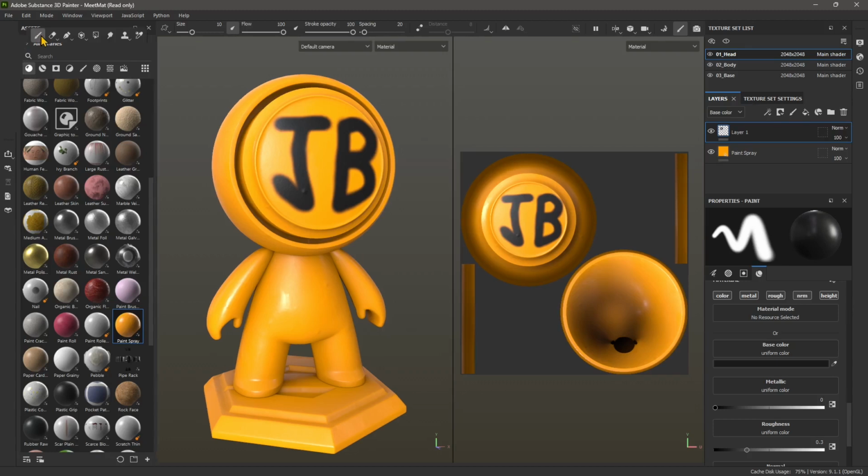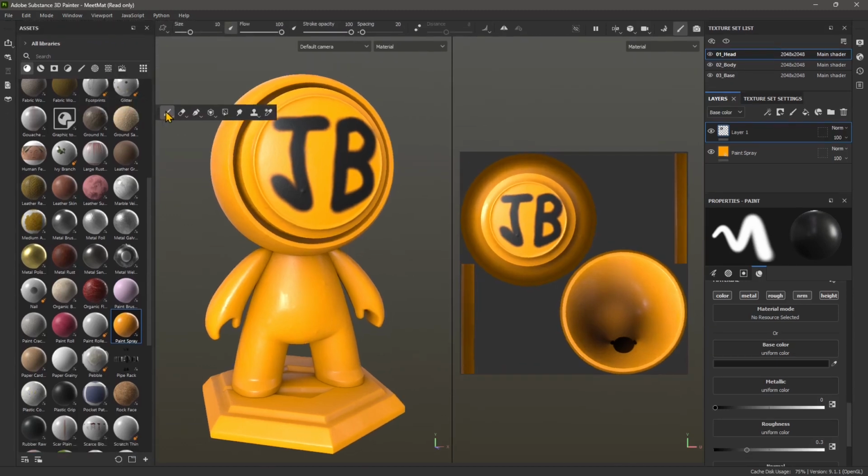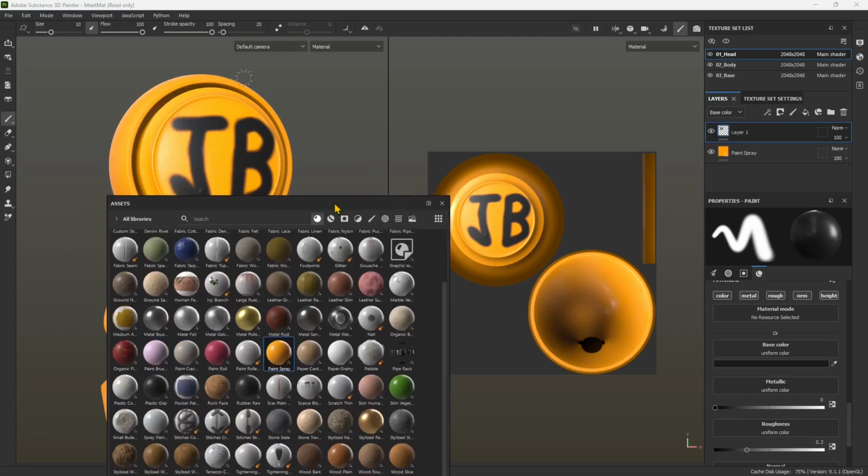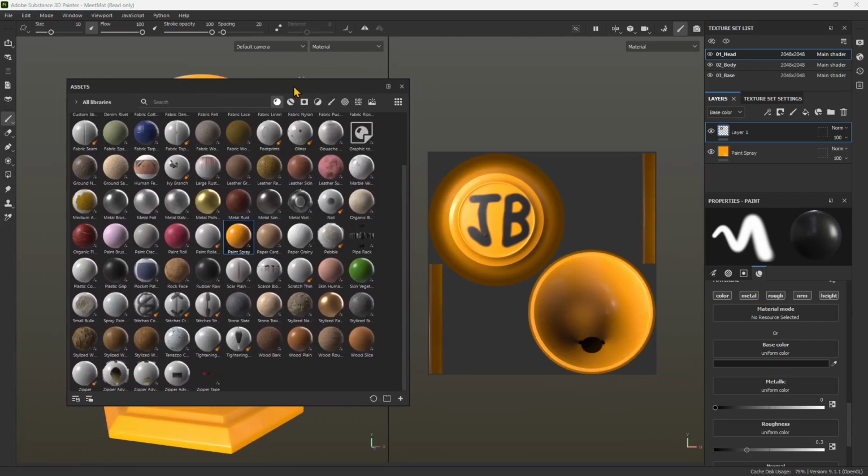Now, if I click and drag this with the left mouse, you can see I can dock this toolbar wherever I want, on the top, on the bottom, or again, I can bring it back in there. And you can also click and undock the assets library. So I can also change, resize this window, and I can place it on another screen